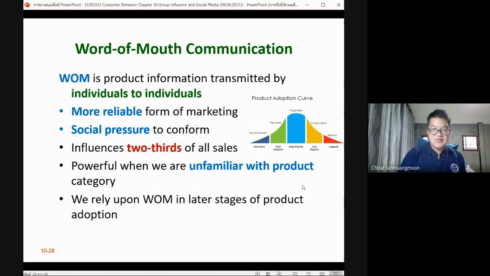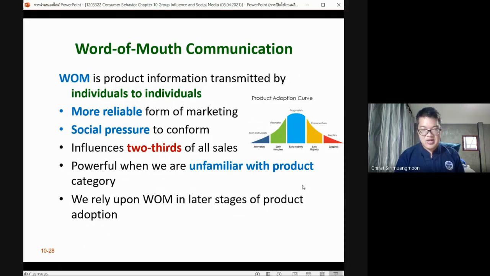So this is very powerful, especially for unfamiliar products. Like you have a new product, many people don't want to try it. Word of mouth is going to be used in this case because after you hear it, you think, oh, that's still okay. So you try to use it. That is the reason why they said word of mouth is actually